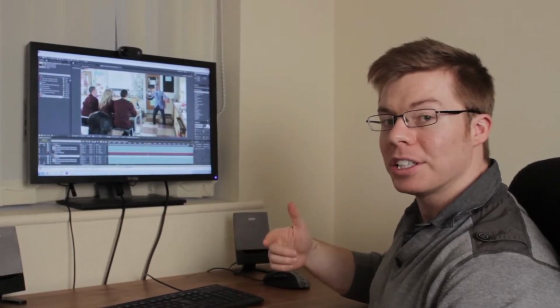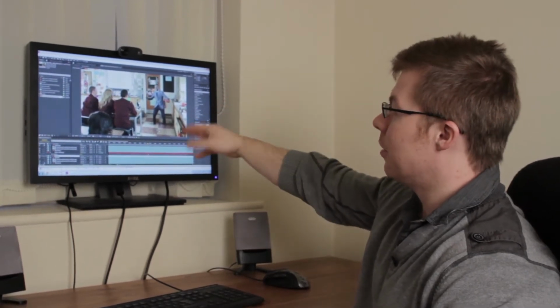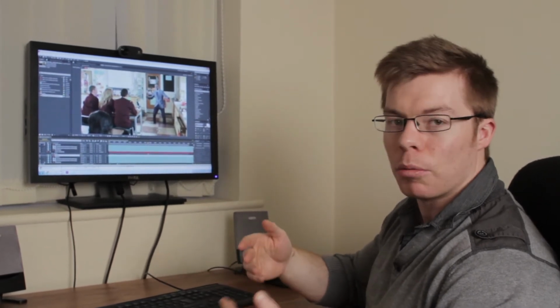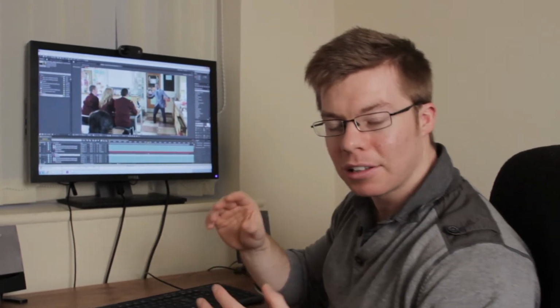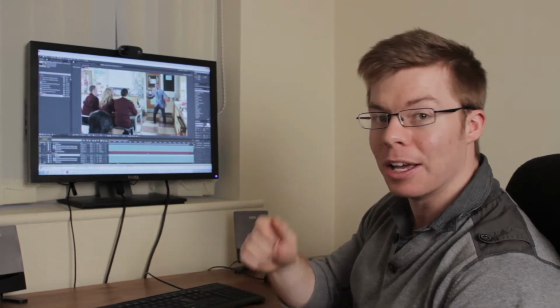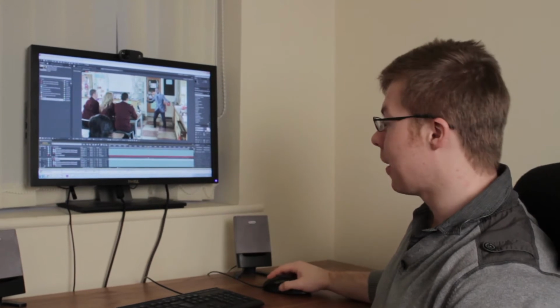So if you do effects yourself and you put someone in an environment like this, and you think, why doesn't it look real? You just need to think about shadows, reflections, what would be blocked by light, what would the shadow flow over, would it cover all these drawers, all these little things that you might not see consciously, but you see them subconsciously. So it's all these little details that make the finished thing comfortable to watch.